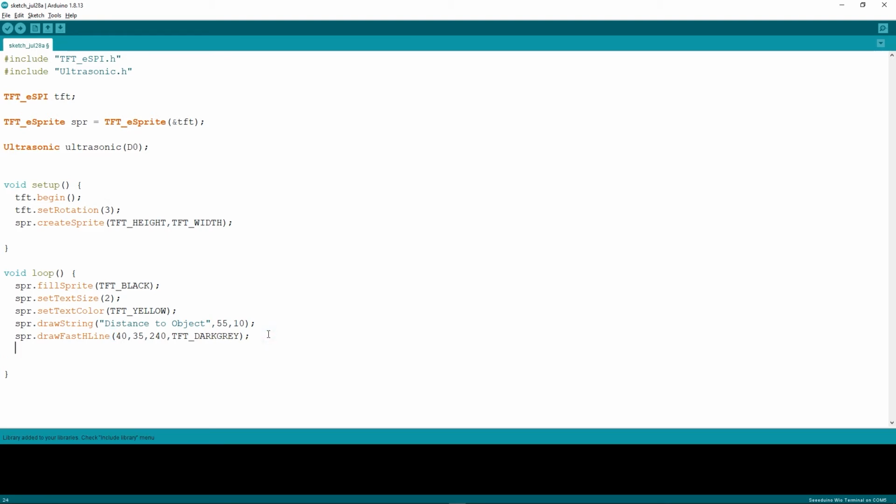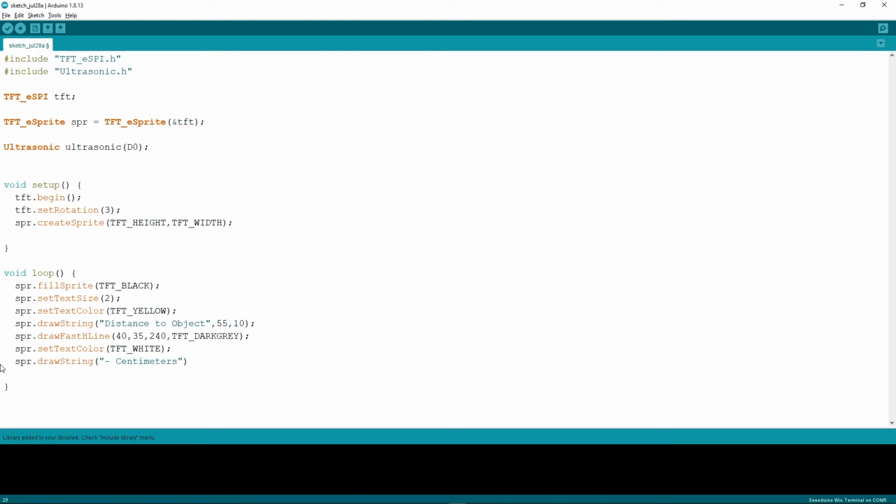After that I will change the text color to white, spr.setTextColor, set it to white, TFT_WHITE. And now I will draw another string, spr.drawString, and set it as "centimeters".